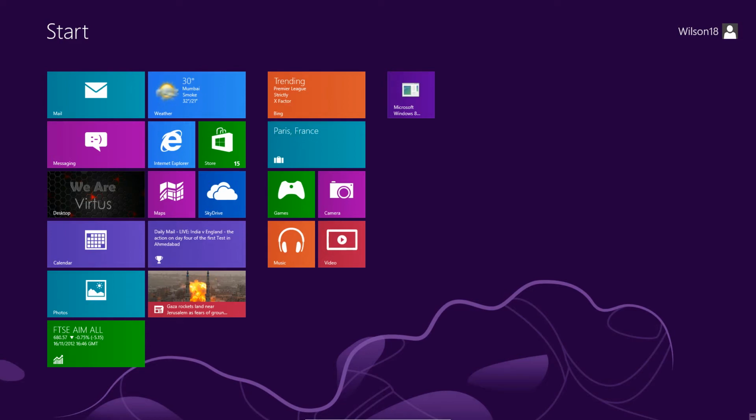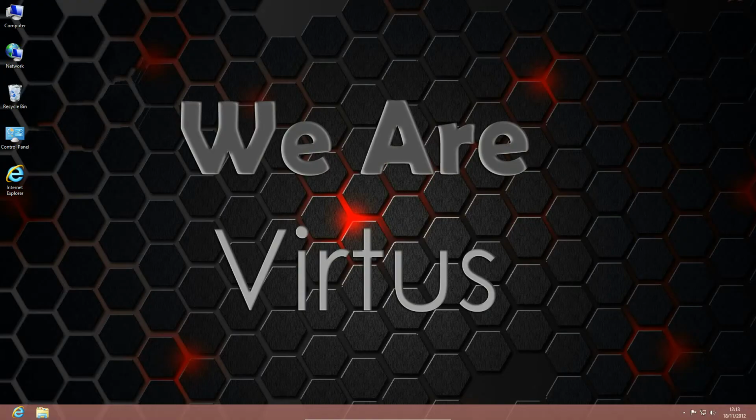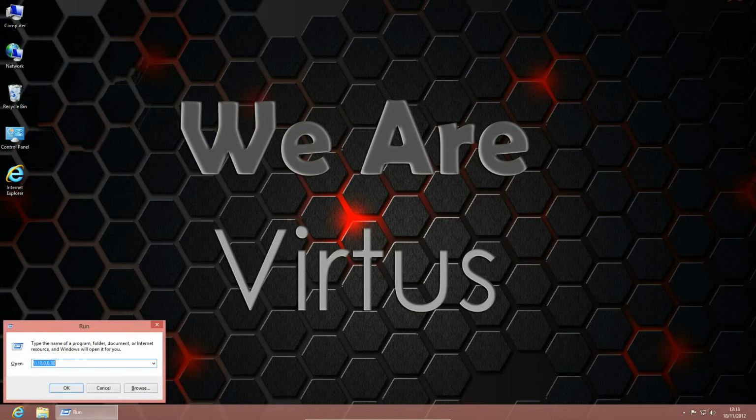So the first thing we need to do is, if we go onto our desktop, use the Windows key and R, or if you don't know what the Windows key is, then you can go back onto the Metro interface and type in the word run. If you click that, then the first thing you should see is this. In that we need to type in cmd,